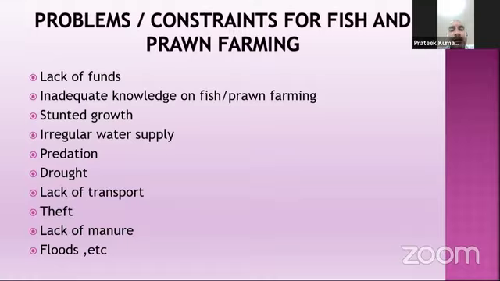After the coming of some schemes like the Pradhan Mantri Matsya Sampada Yojana, these are also being addressed. The first problem is lack of funds. The second one is